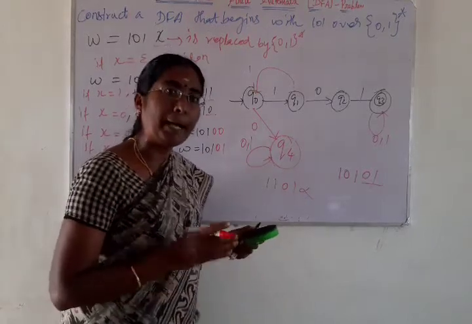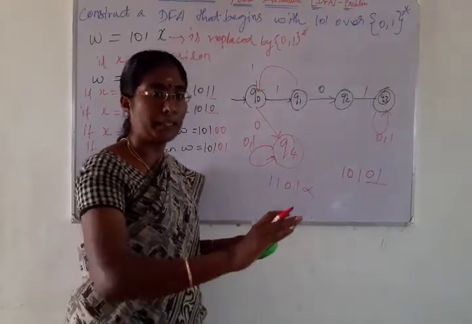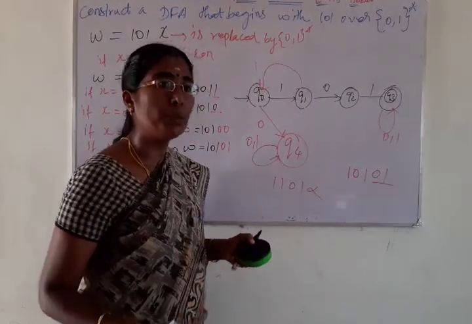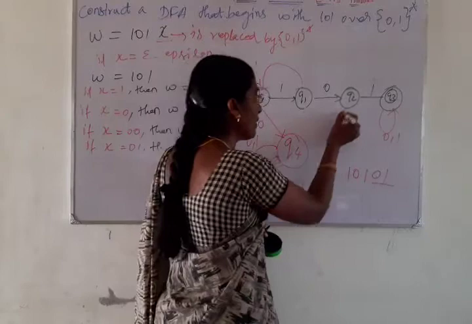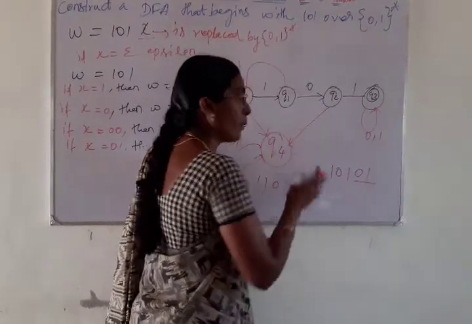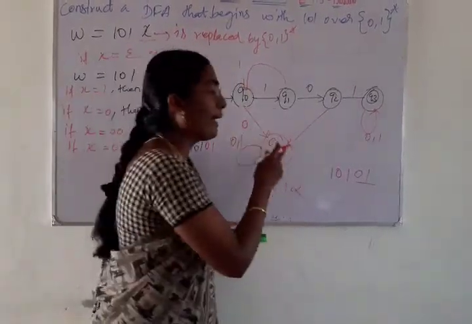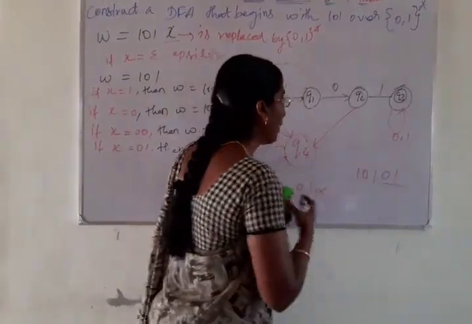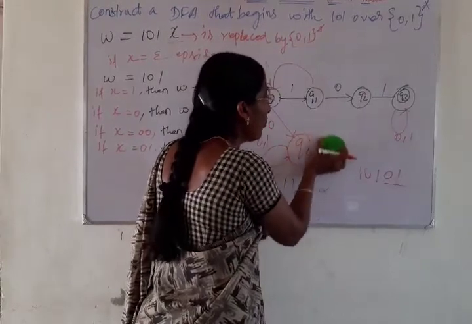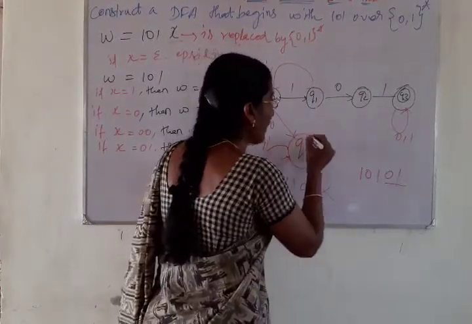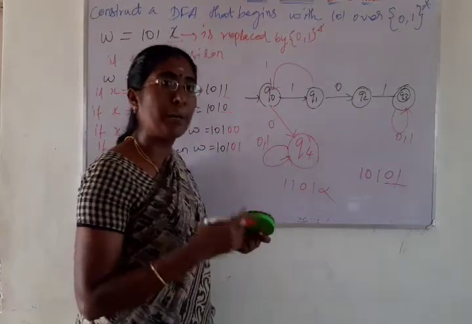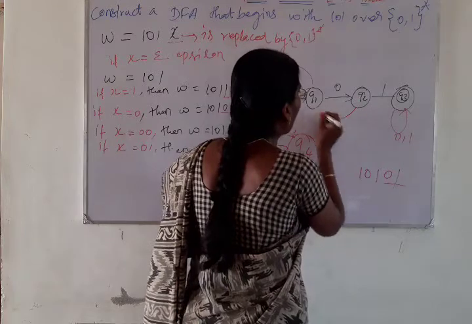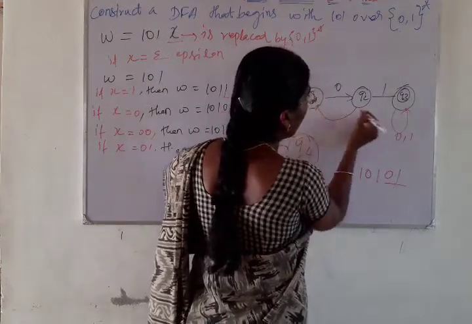Either we make a back transition to avoid the forward path, that is the transition towards the final state, or we make a transition to the dead state. If you give a transition to the dead state, it will not proceed. If you give a back transition, it will proceed up to n number of symbols after this 101. So if it is possible to give a back transition for that particular state for any symbol, that is the appreciable one. Here we are making a back transition from the state Q2 to Q1 for the input symbol